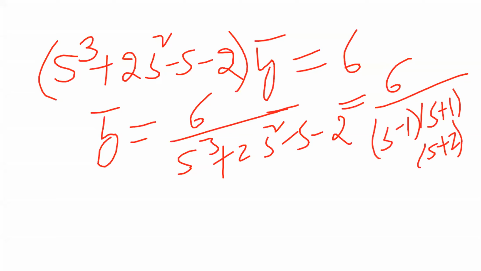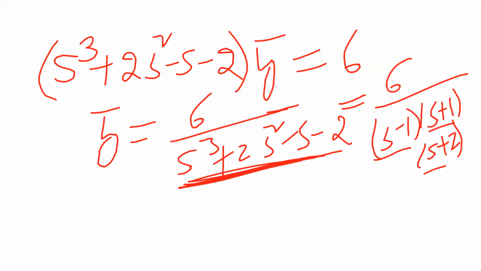So you know how to calculate these, right? s cube plus 2s square minus s minus 2. Using the calculator, go to mode 3 times, choose equations, set the degree to 3, a value 1, b value 2, c value minus 1, d value minus 2. We get the values x equal to 1, minus 1, minus 2. So we split this equation as s minus 1, s plus 1, s plus 2.